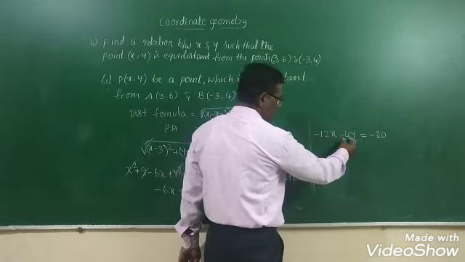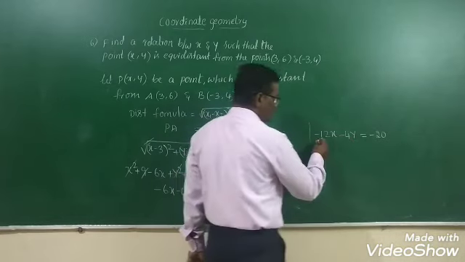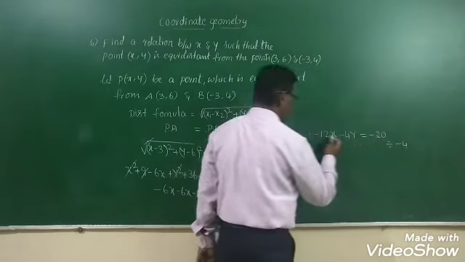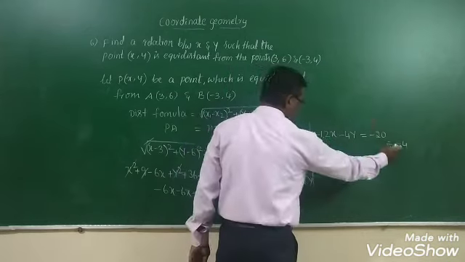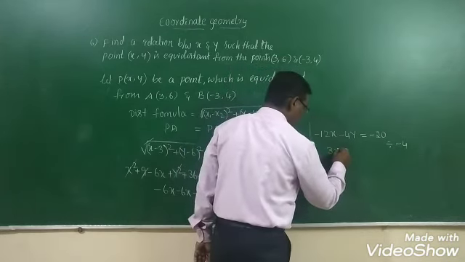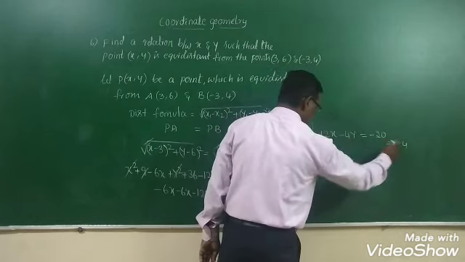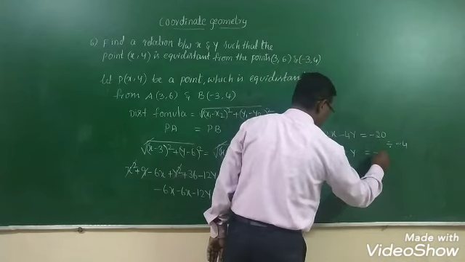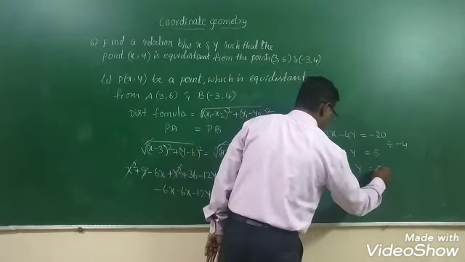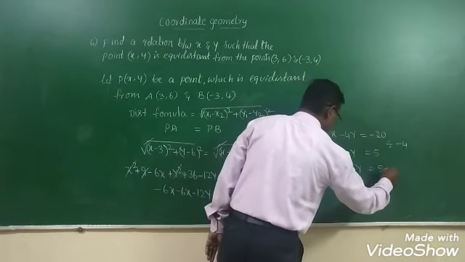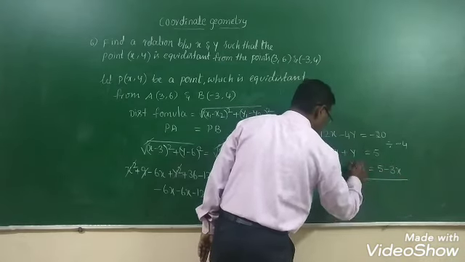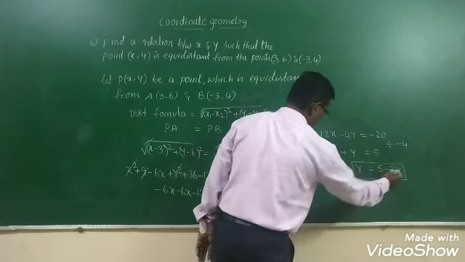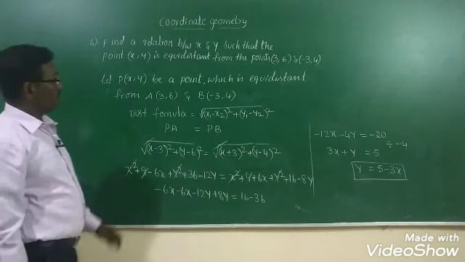When you observe all the terms, these are multiples of 4, that's why we divide with minus 4, because all terms have minus. So minus 12 by minus 4 we get 3x. Minus 4y by minus 4 we get plus y, equals minus 20 by minus 4, which is 5. Therefore, y is equal to 5 plus 3x, where 3x goes there and becomes minus 3x. So this is the required relationship between x and y, meaning y in terms of x is 5 minus 3x.